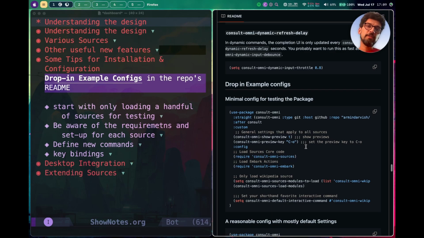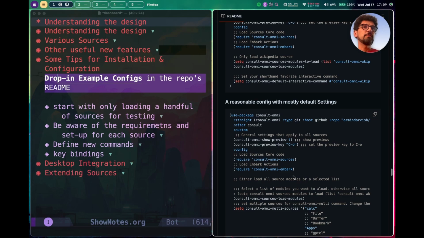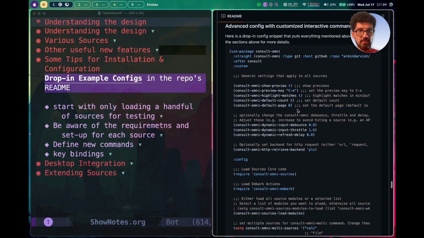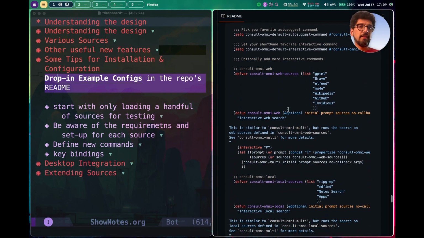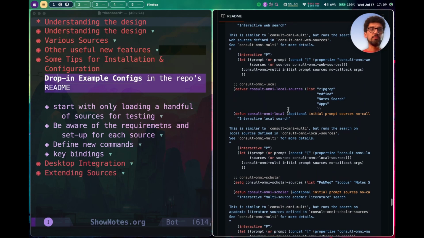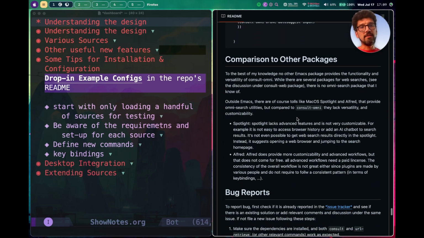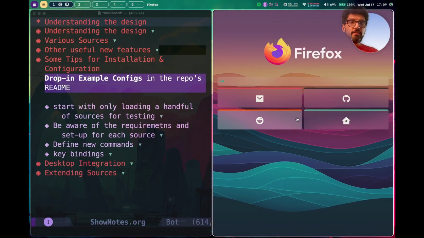But there are some drop-in examples for a minimal config, and then some for a reasonable config with mostly default settings. And then there is also one for advanced users with lots of configuration and different new commands, for those of you that want to change some of the settings and make it fit your own workflow. This might be useful to see this more advanced config. So you can look at that and use it for your